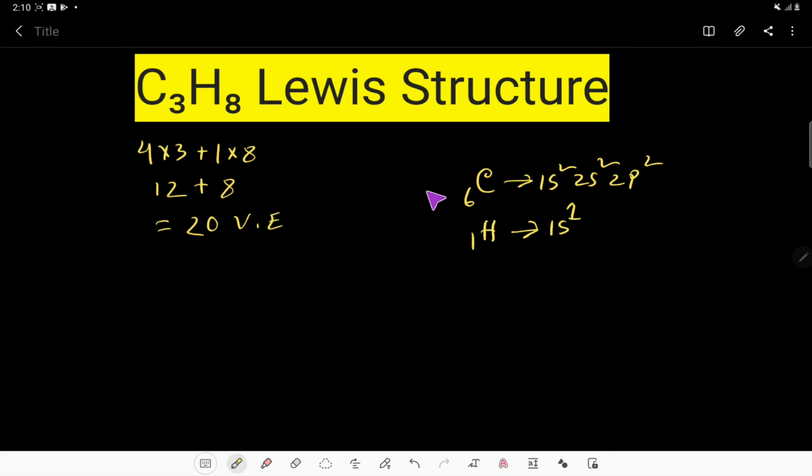We have another way to find out the valence electrons of this molecule. Here is the electronic configuration of carbon. The second shell is the valence shell, and in the second shell we have 2 plus 2, 4 valence electrons, right? Then for hydrogen, the first shell is the valence shell or outermost shell, so in this shell we have 1 valence electron. So basically we have 20 valence electrons for the C3H8 molecule, and these 20 valence electrons have 2 functions at